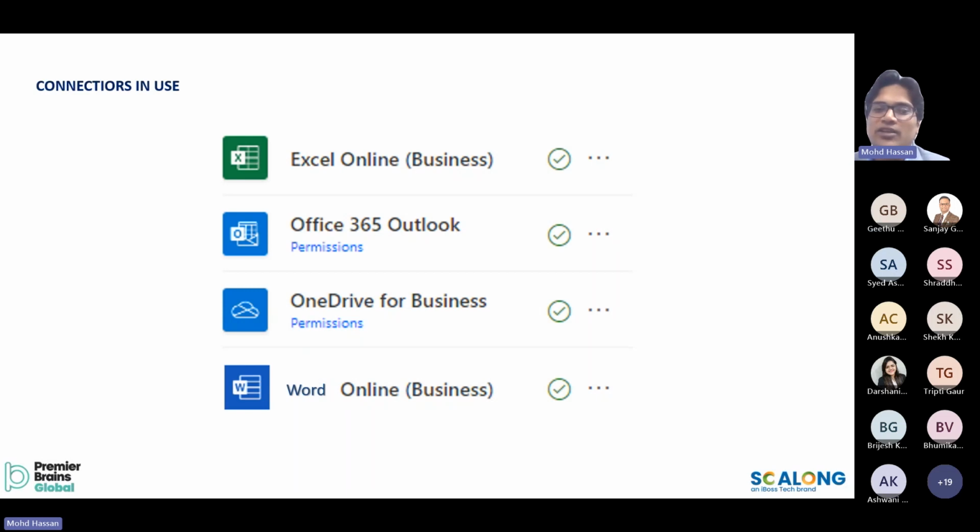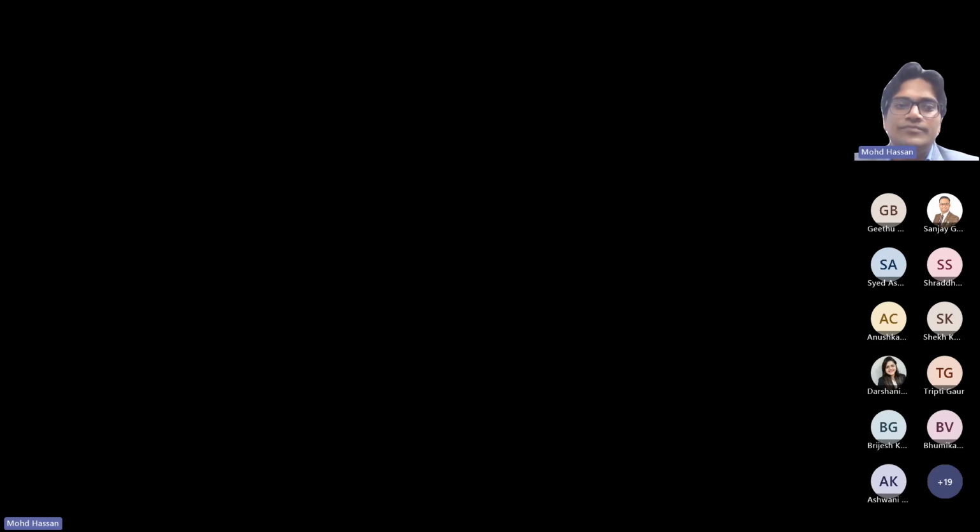That format could be in a Word file, it could be in an Excel file or any other, so for that purpose I need the connector for that file. So these are the connectors that I am assuming can be used. Once I get connected, it will show a green tick that it has established the right connectivity.